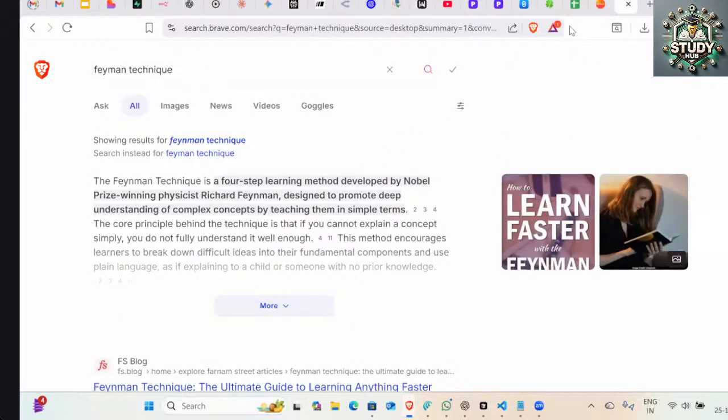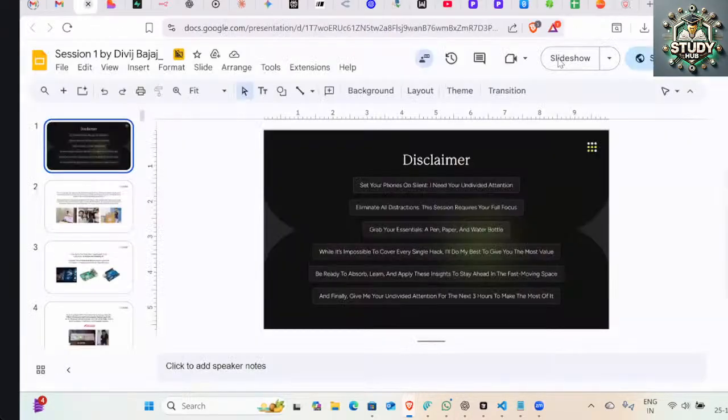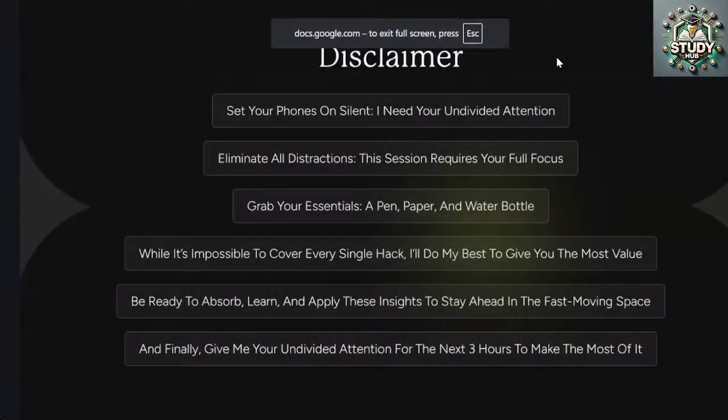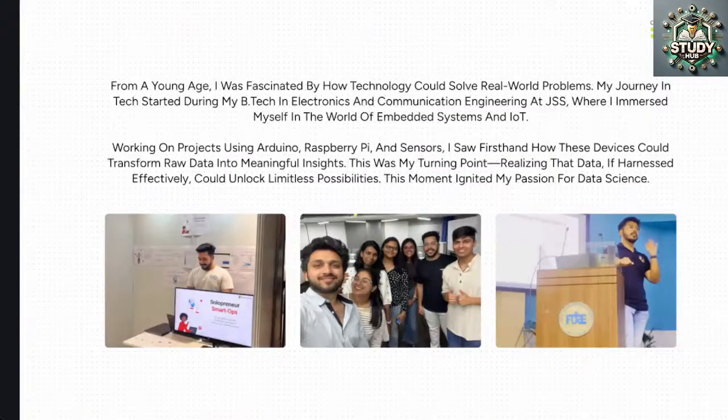So just follow this technique, and I'll be going from the very basics. You can imagine from the definition of generative AI, because I know there are people who are just starting their journey in generative AI, and there are few who have tried a few tools, if not ChatGPT. ChatGPT is something I am assuming most of the folks in the call today have tried at least once or twice, or are using on a daily basis. So keep your pen and paper ready. Write your notes, very few pointers, so that you can refer back. And with that, let's start this entire mastermind.